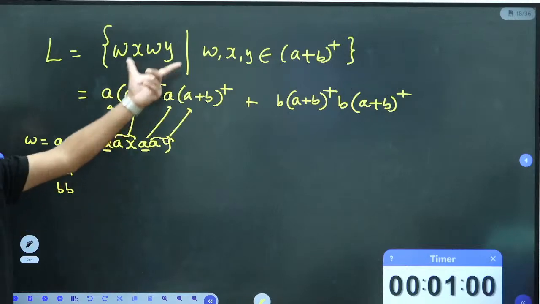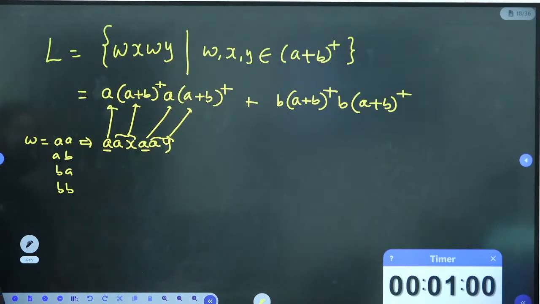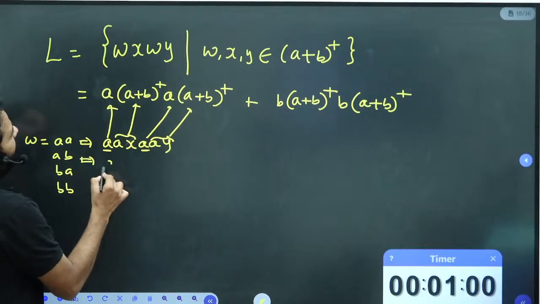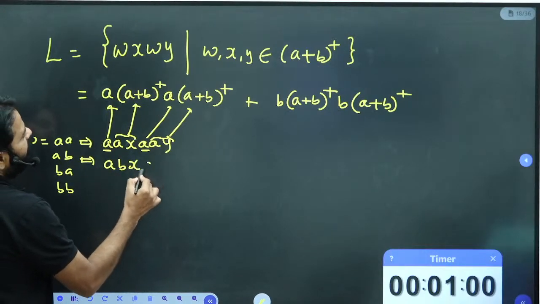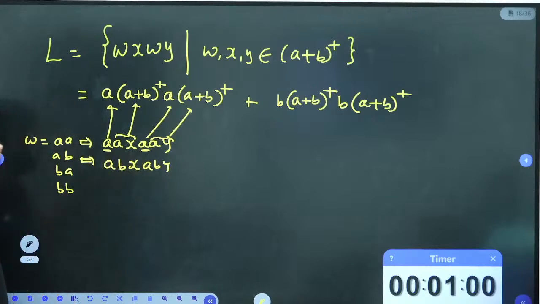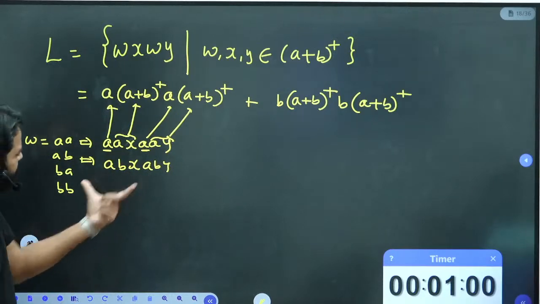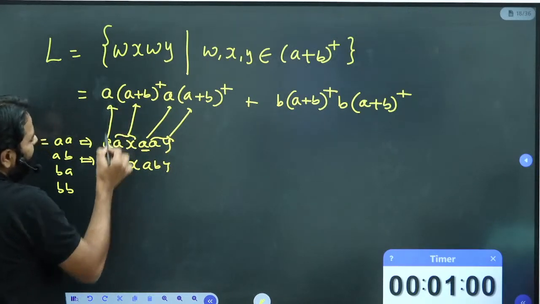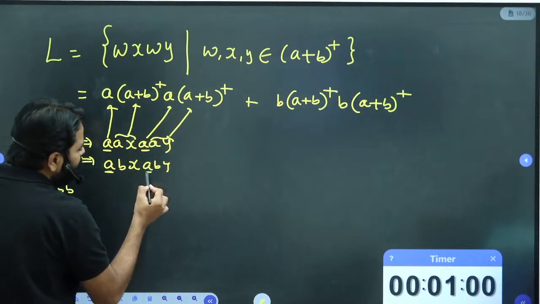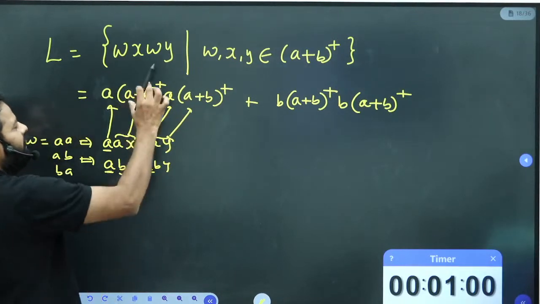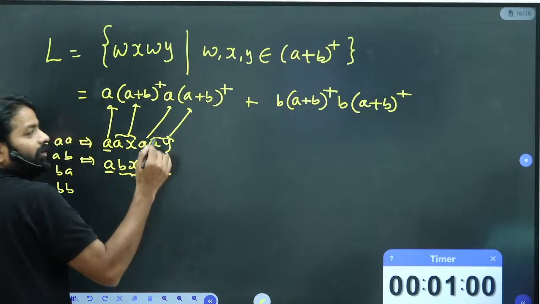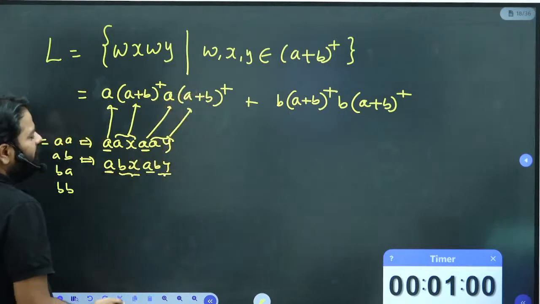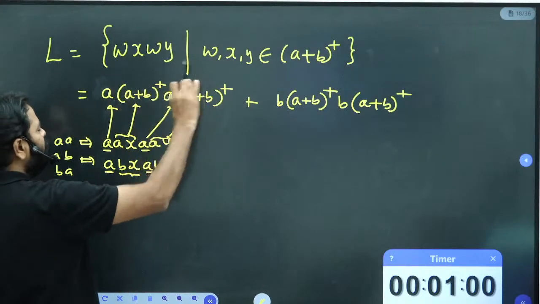And also this can generate more strings if you want it. Similarly, AB, AB X, AB Y. X and Y, assume A plus B whole plus. Now this thing, when I take A, and here already A is there, and BX is covered in X already. By means B followed by A plus B whole plus is covered here. So this is also covered in this form only.